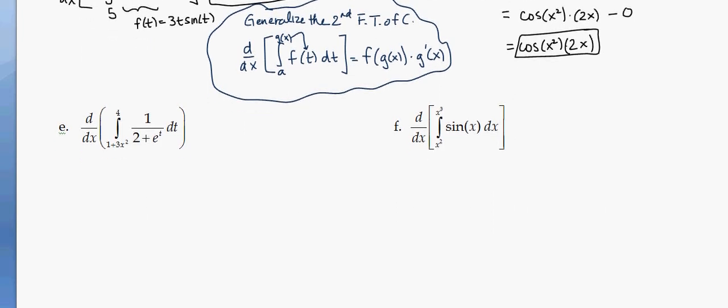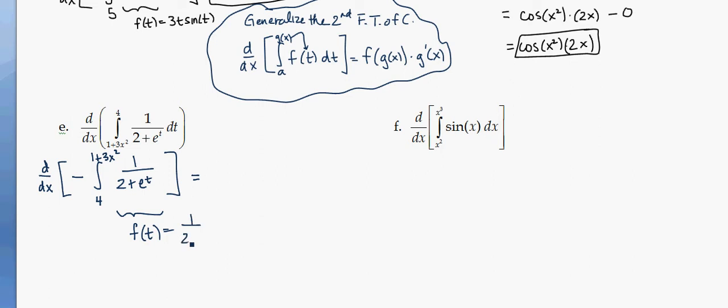Okay, so let's see how we can do that in a different example. In this case, notice we have what's happening in both of the previous examples. We have to switch the order of the bounds so that the constant is on the bottom. So I'm going to switch the order like we did before. So my constant is down below, and I have 1 plus 3x squared on top. But now notice that this is some function in terms of x. So the second fundamental theorem of calculus says my f of t